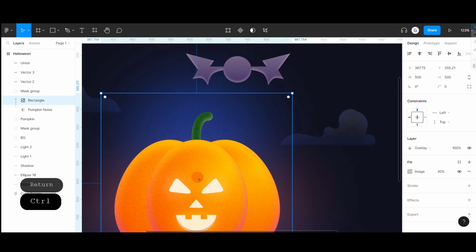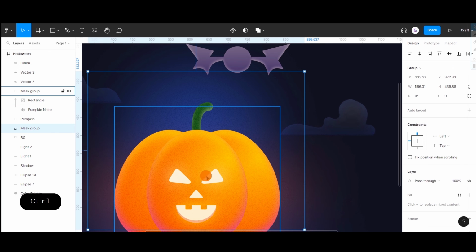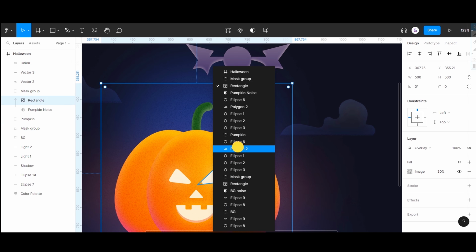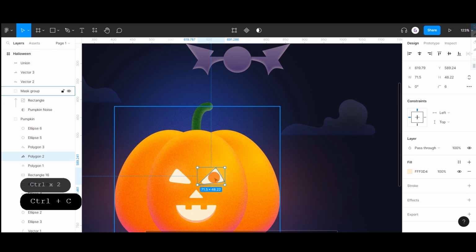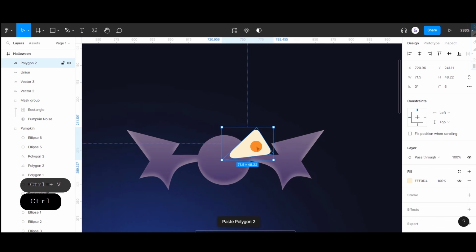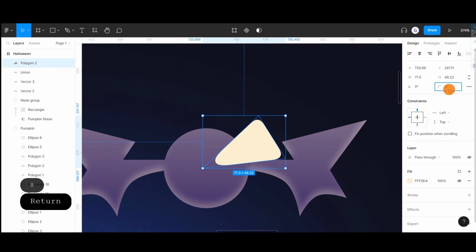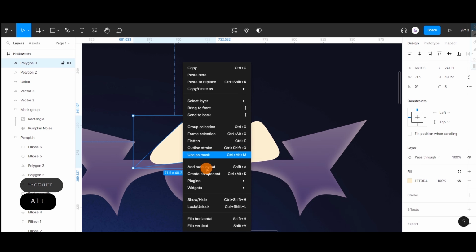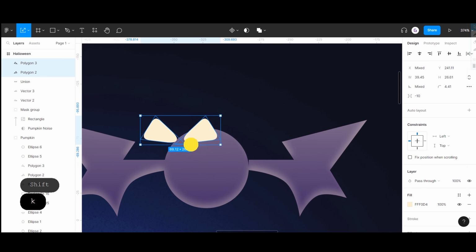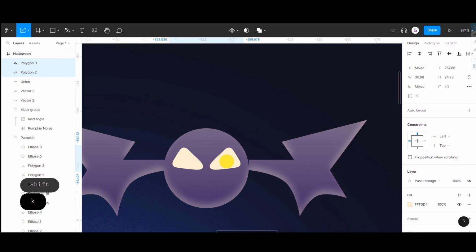Now holding control and right click on the pumpkin eye to select the pumpkin eyes layer. Now copy it and paste it using Ctrl C and Ctrl V. Yeah, now let's duplicate it and again scale down both by pressing K and grouping both eyes under bat shape